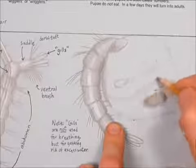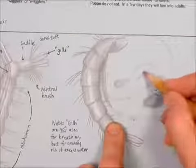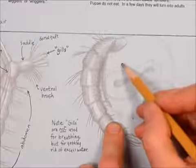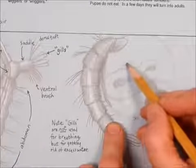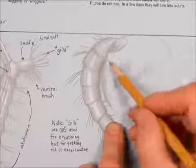It'll kind of look like it's a loop around here like this. We'll kind of darken these in a little. And then one more teardrop shape, go like that. One more will be right here. Do another one right here. So it'll look like it's kind of like